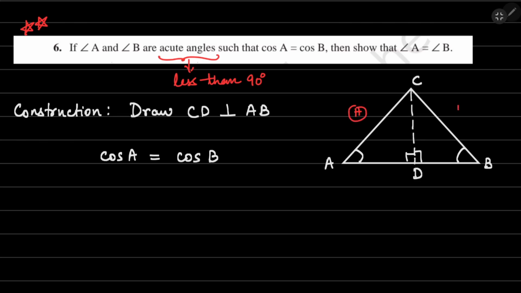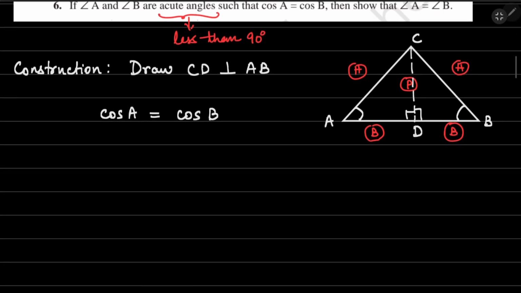Similarly, in CDB, BC is your hypotenuse. The side which is right opposite to your reference angle in both the right angle triangles, CD, happens to be your perpendicular for both the triangles, and the sides AD and DB are your base. Okay, so now